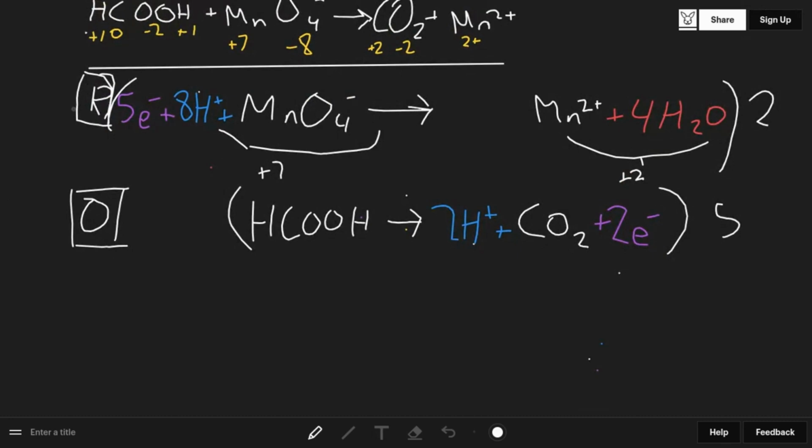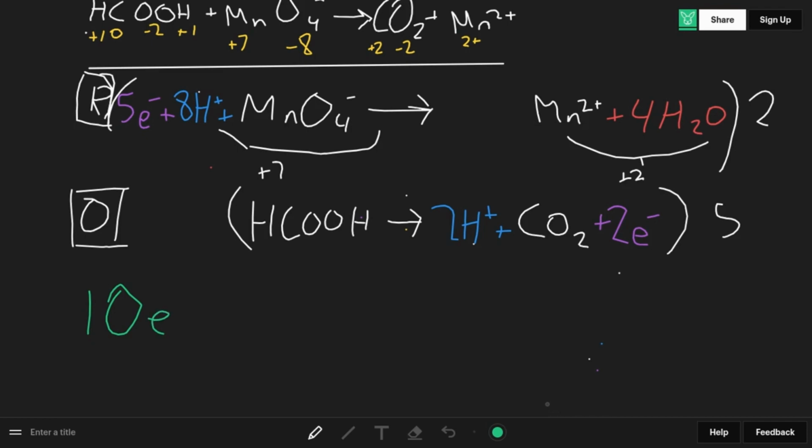And so now after multiplying, I'm going to do these 2 steps in one, but you could do it separately. What I'm going to do is first multiply each reaction by the number I'm going to multiply it by, and then combine the reactants and the products. So I'm just going to do this in one step right now, really quickly. So we're left with